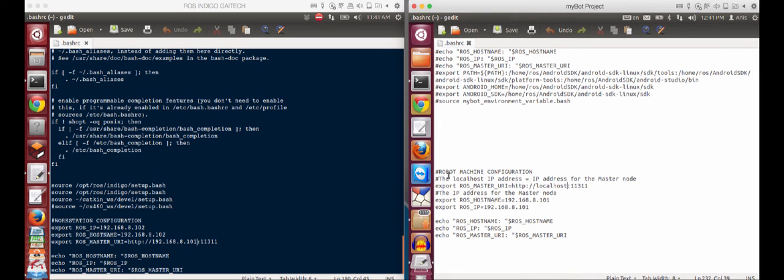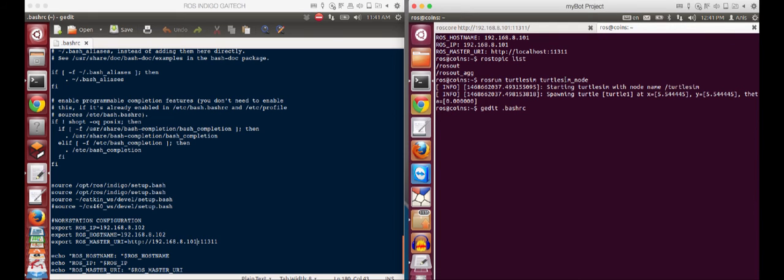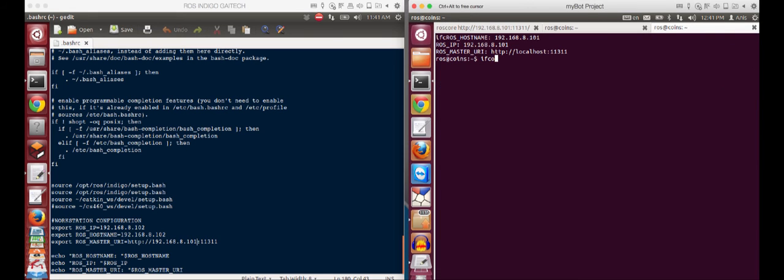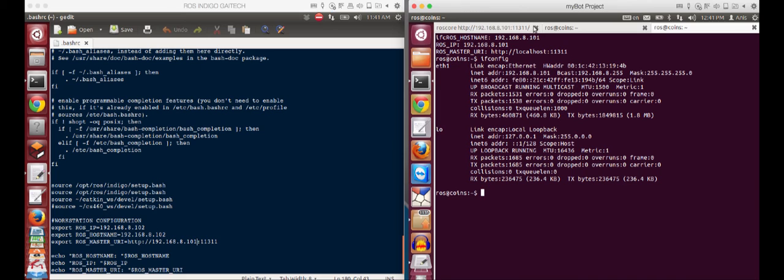In the robot machine, you have to specify the ROS master URI as running on localhost, with the default port number. And you also have to export the ROS hostname and the ROS IP of the robot machine to be equal to the IP address of the robot machine, which you can get using ifconfig.